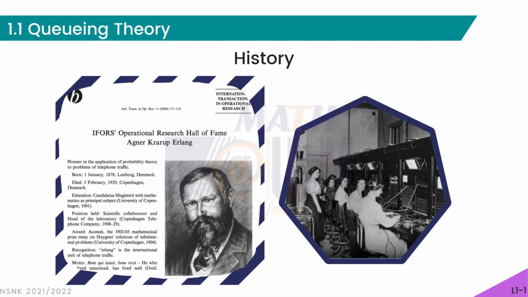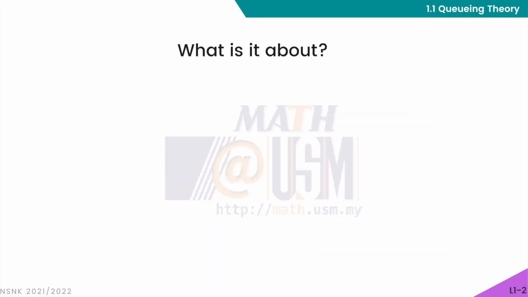So what is queuing theory all about? Queuing theory is basically a mathematical analysis of queues or waiting lines. We encounter this problem on a daily basis, where we have to wait in a queue before we receive a certain service that we need. The theory was developed in order to provide models to predict the behavior of systems that attempt to provide service for a certain demand.